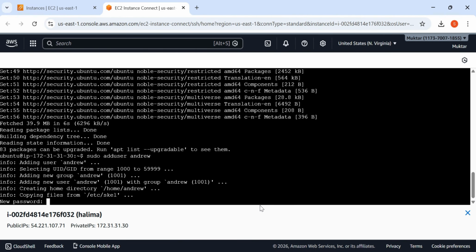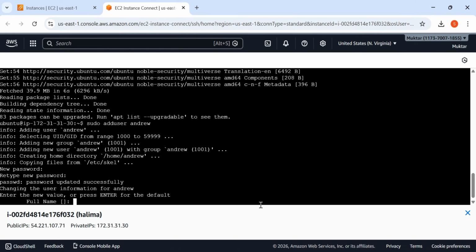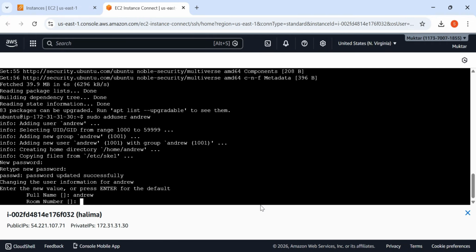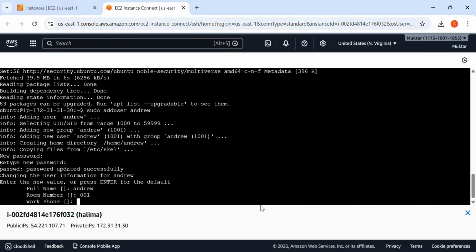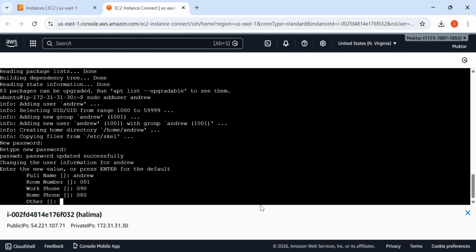Then the password. Always remember, put on the password that you can remember. Don't put any password that you know that you can't remember. Just put number 001 from 090 from 080 on others